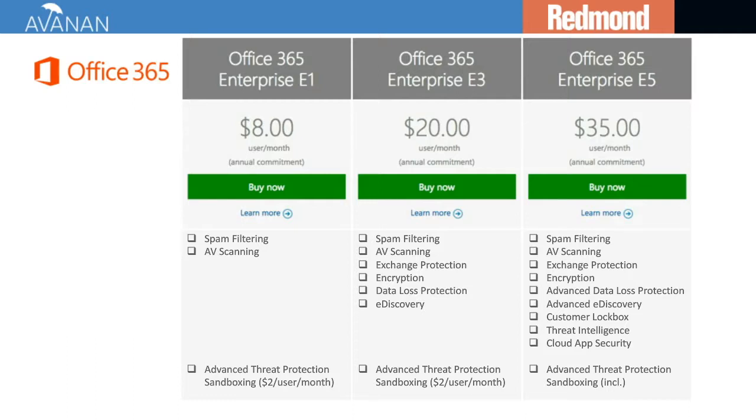And you've probably seen this slide before, at least the top portion about the different SKUs of Office 365. So while there's tremendous difference between the various Office 365 accounts when it comes to the applications they include, they also differ in the level of security controls at each level. So by default, every Microsoft account comes with basic spam filter and signature-based antivirus scanning. For customers that need greater security, the E3 and E5